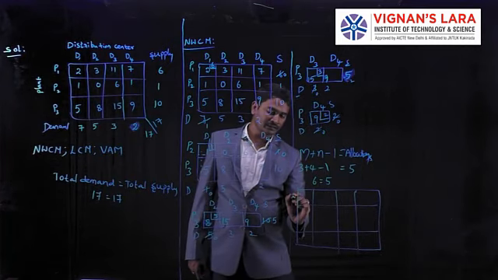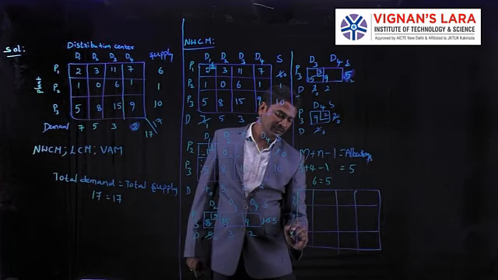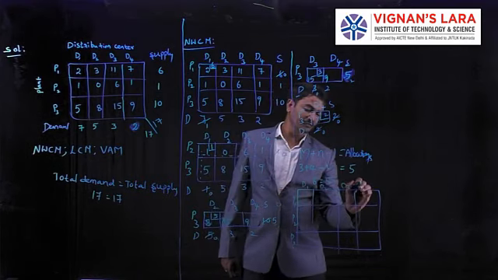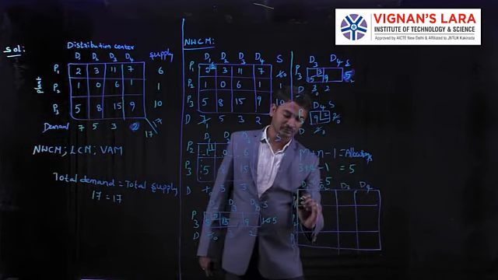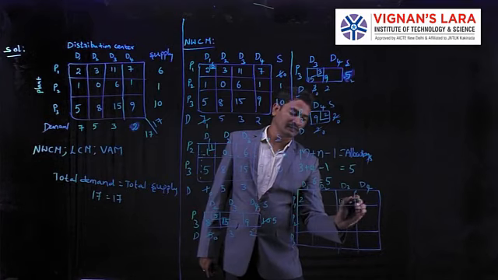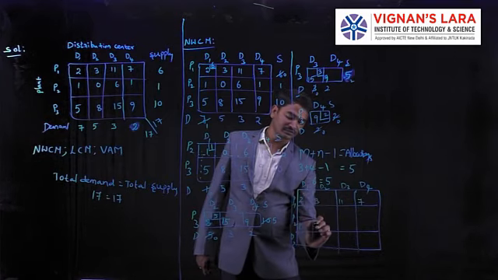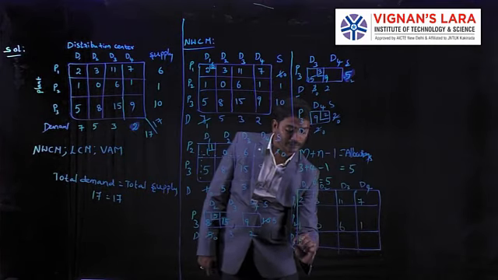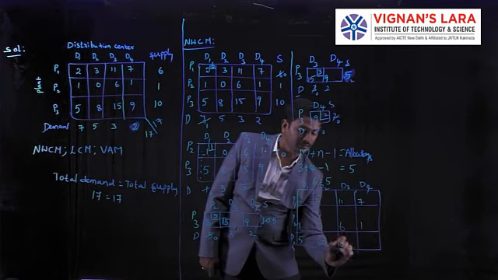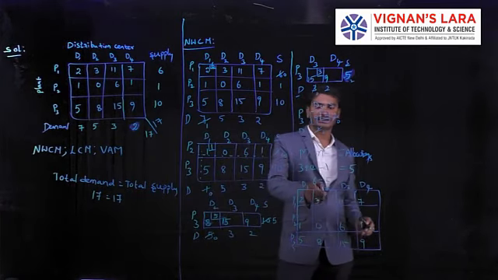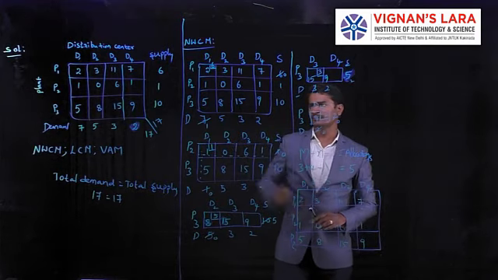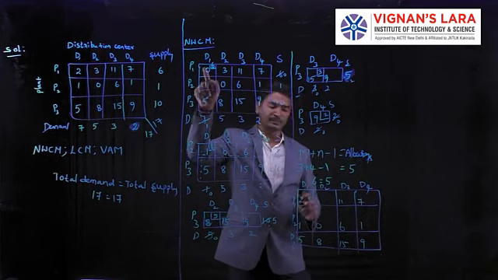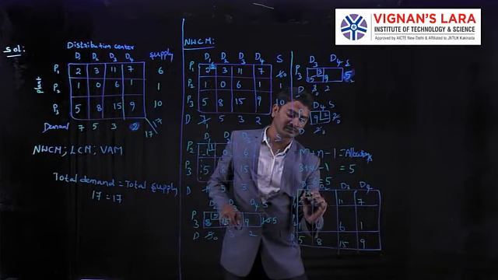Here the plants are plant 1, plant 2, plant 3, 3 plants. The demand stations D1, D2, D3, D4 are there. The values are 2, 3, 11, 7, 1, 0, 6, 1, and here 5, 8, 15, 9. Now I am going to allocate the values in this table. First, wherever we did the allocation at first, P1 D1. Here P1 D1 is 6.